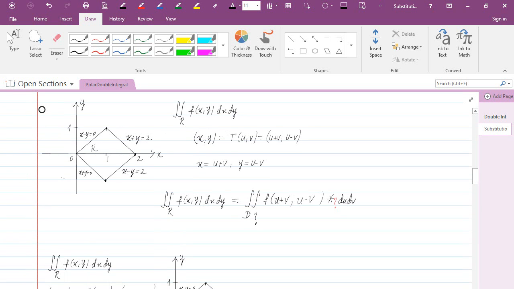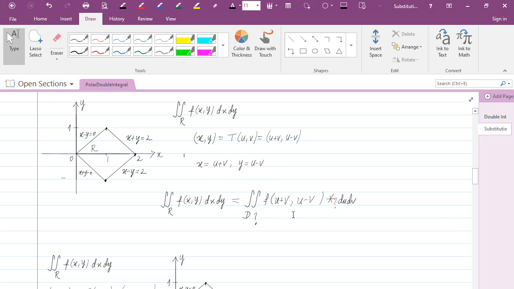variables. So let's say we substitute x and y with T of uv, where T of uv is u plus v comma u minus v. In other words, we are substituting x with u plus v, and we are substituting y with u minus v. Now, if we make this change of variables, then the new integrand will have two factors,